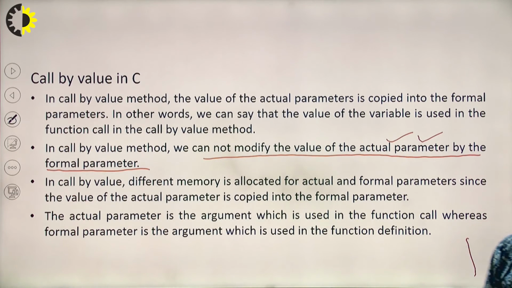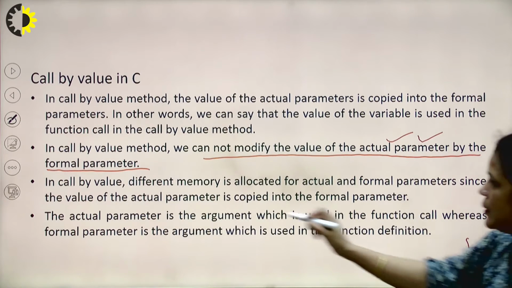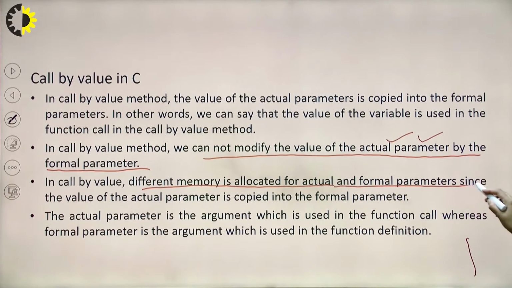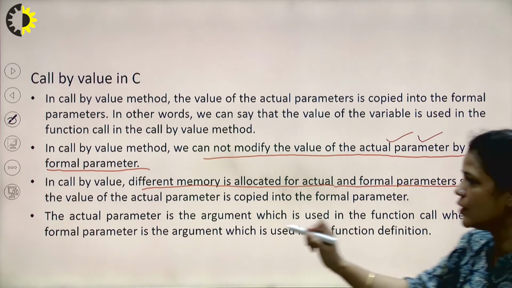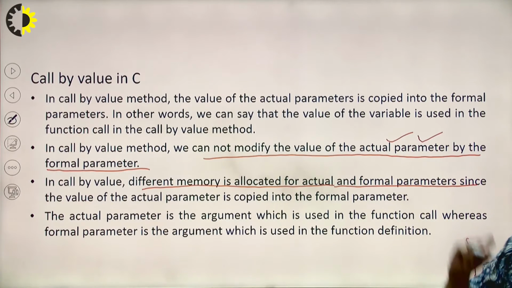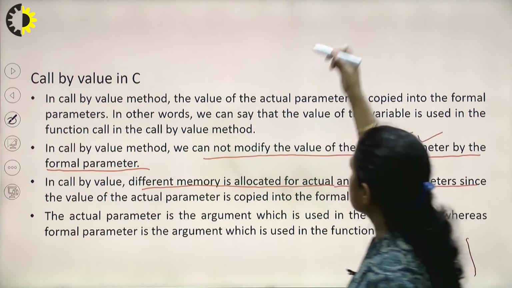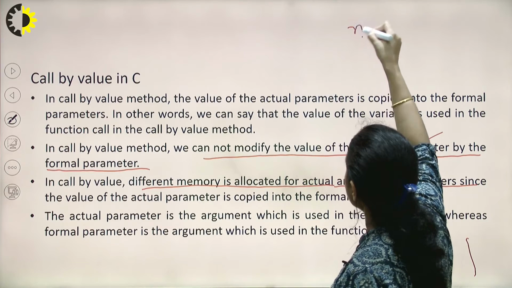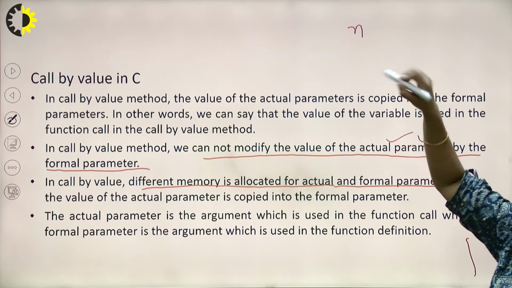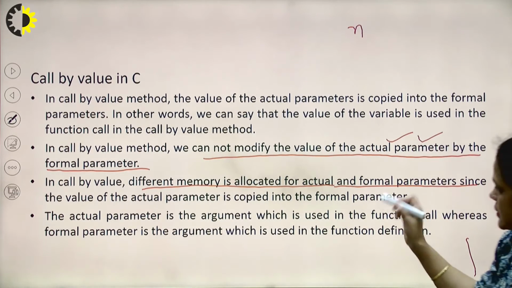In call by value, different memory is allocated for the actual and formal parameters, since the value of the actual parameter is copied into the formal parameter. As in the previous examples, I told you that n is different from the other n, right? We'll take an example in the next slides.